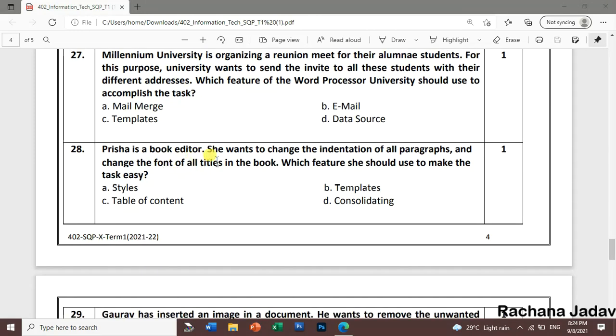Now, Prisha is a book editor. She wants to change the indentations of all the paragraph. सारे paragraphs का indentation उसे change करना and then change the font of all the titles. सारे titles का font भी उन्हें change करना. So which feature she should use to make the task easy? तो अगर task को easy बनाना है, so what she will do? So she will use the styles, right? So styles में you must know क्या you can create your own style also, and there you can give the